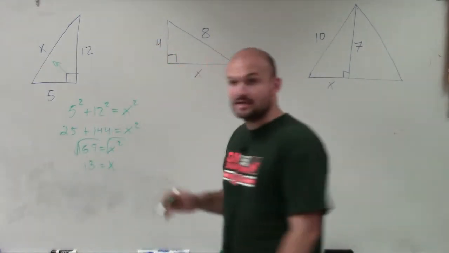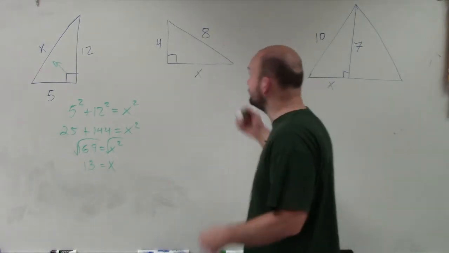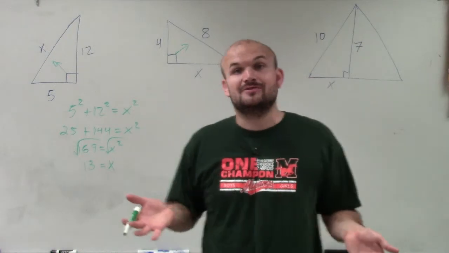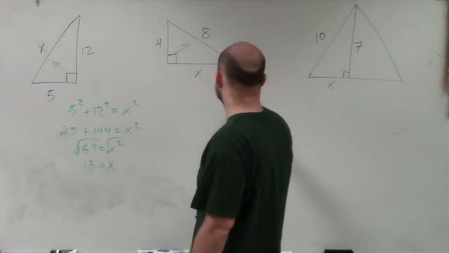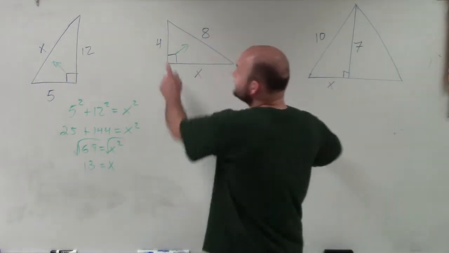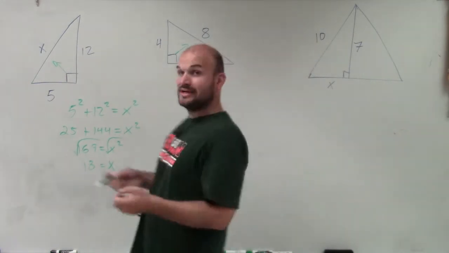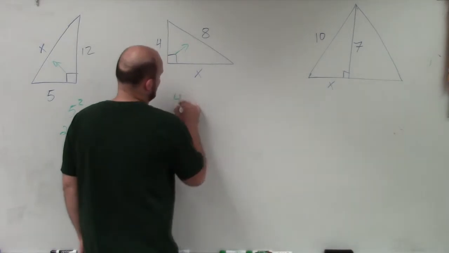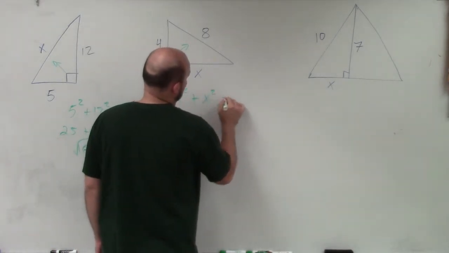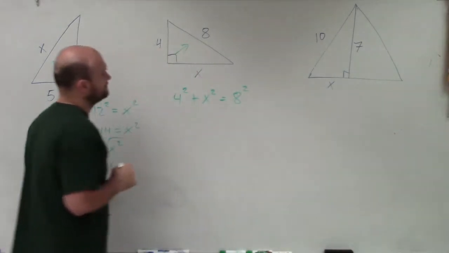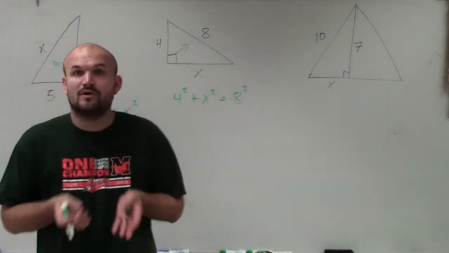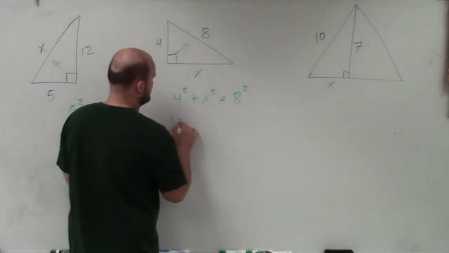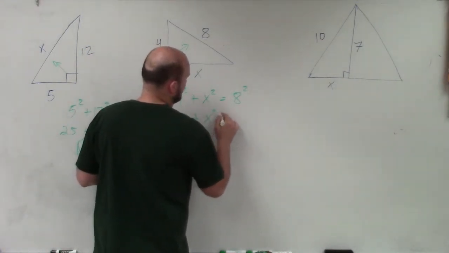All right, now let's take a look at this next example. In this example, I'm actually given my hypotenuse, which is 8, and my two sides are 4 and x. Again, remember, side squared plus side squared equals hypotenuse squared. So I'll have 4 squared plus x squared equals 8 squared. Now I'll square each of those terms. 4 squared is 16 plus x squared